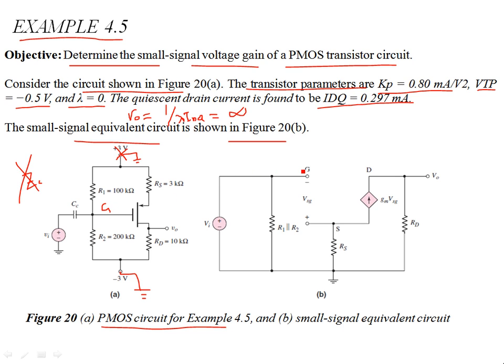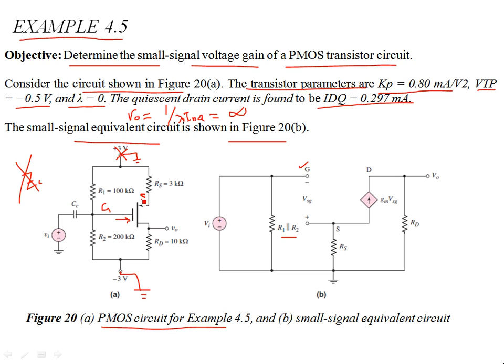So at the gate terminal, you have R1 parallel R2, and we assume that the input resistance of the MOSFET device is large, and we don't consider any other capacitances besides CC, for which we are not even considering any reactive component of the capacitive reactance at the signal frequency. We are not considering any gate capacitance, and we assume that the input resistance of the MOSFET device over here is infinitely large. So we just have R1 and R2 in parallel at the gate terminal, and then this is a PMOS device,